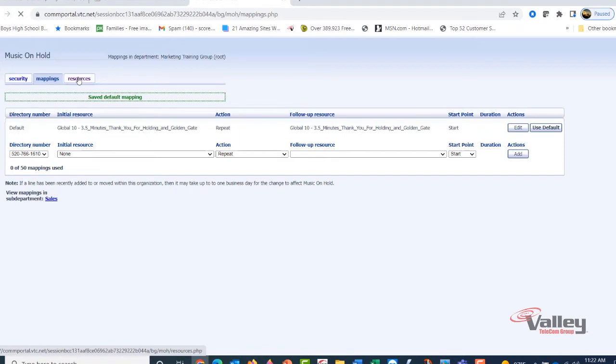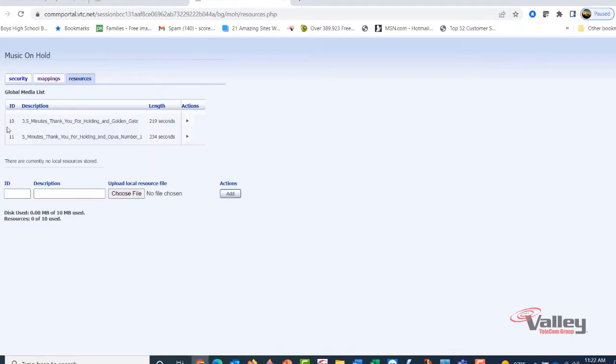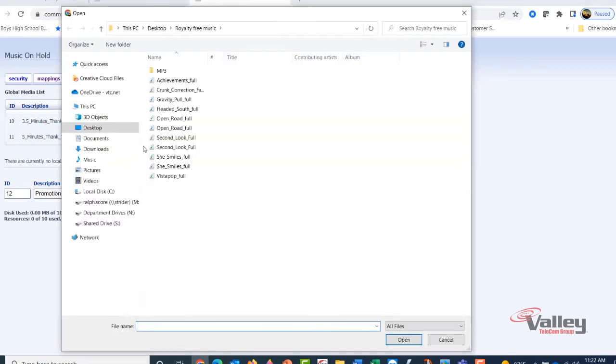If you choose to upload a custom Music on Hold option, you'll click in the Resources tab up to the top. You'll notice here that they are labeled by ID and description. So for this situation, I'm going to label the next one 12 and description of promotion. I will then choose a file from my desktop. For this situation, I'm going to choose Second Look